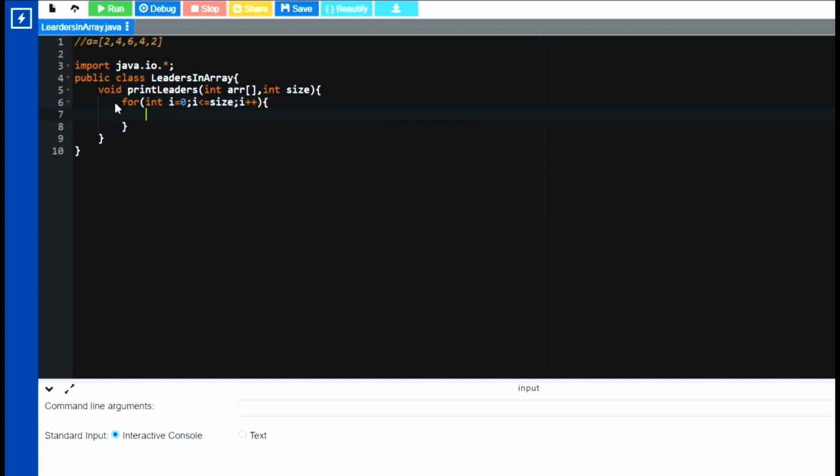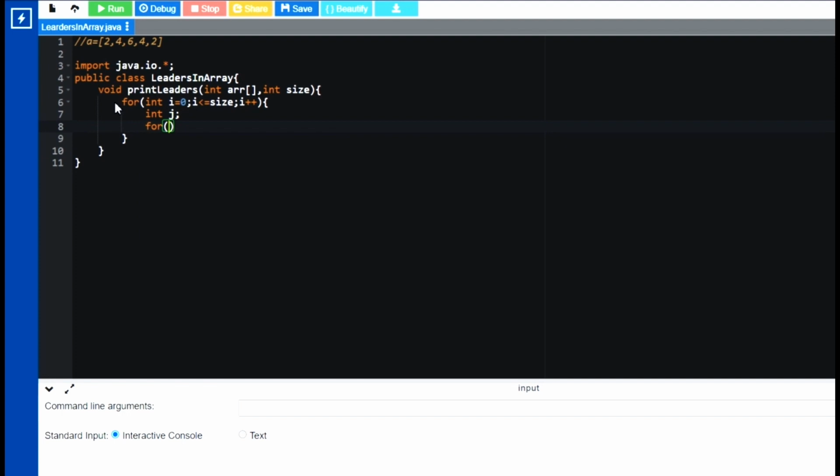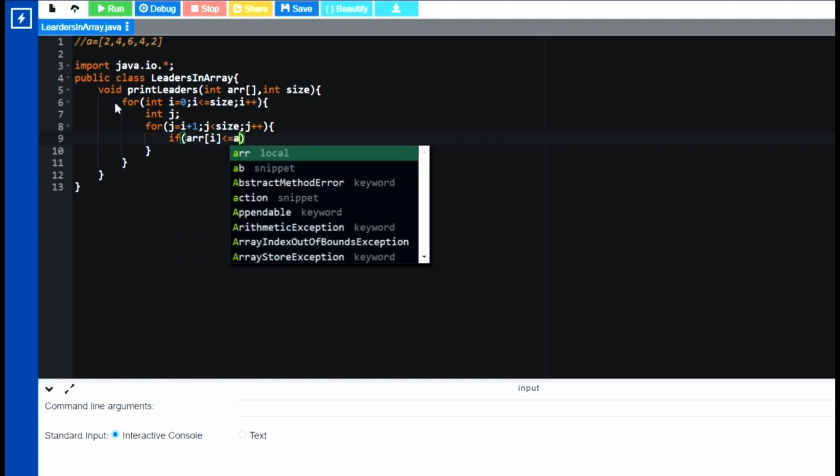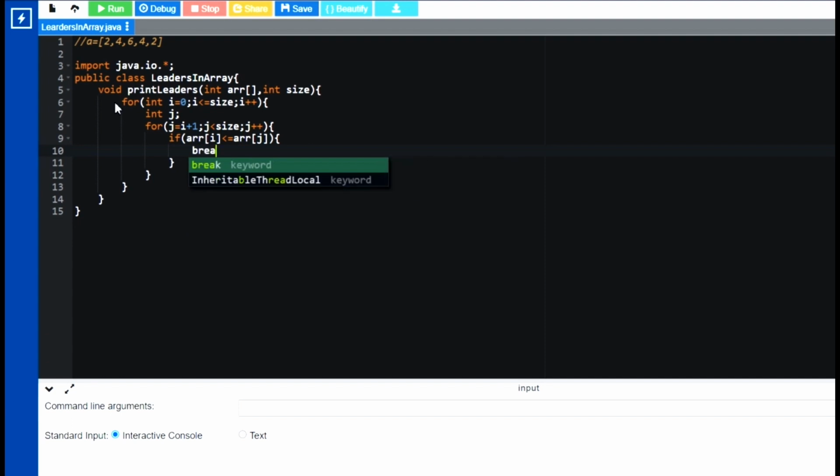Within this for loop, let us define an inner loop with int j. For every j which has a value of i plus 1, j less than the size of the array, j plus plus. If array of i is less than or equal to array of j, we will be exiting the loop. For j equal to size,